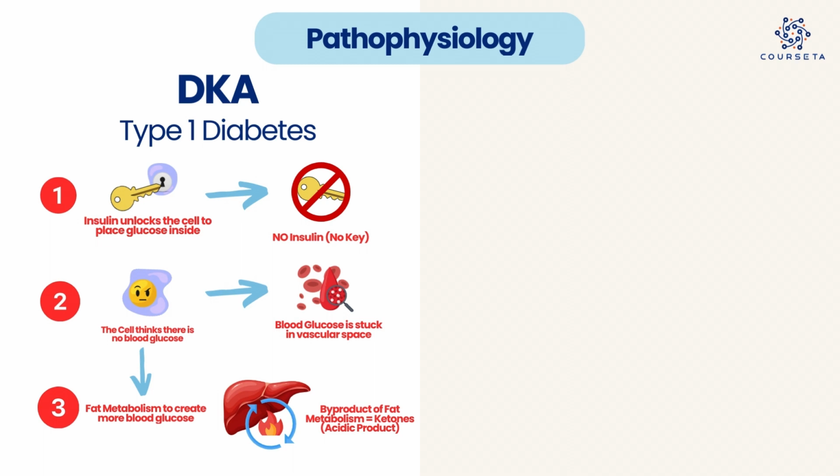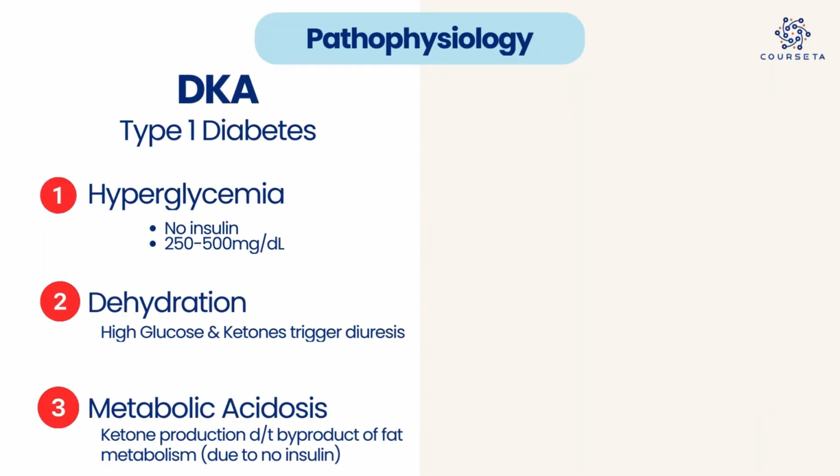So you're going to have 3 issues with diabetic ketoacidosis. Of course, hyperglycemia, between 250 to 500 milligrams per deciliter. And then number 2, dehydration, because you just lost so much fluid due to the ketone buildup, and you just lost so much byproduct of bicarbonate. And then lastly, you're going to have acidosis, specifically metabolic acidosis because you're losing bicarbonate and you're increasing the amount of ketones in the blood, which is, of course,